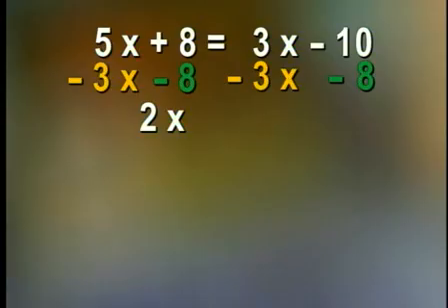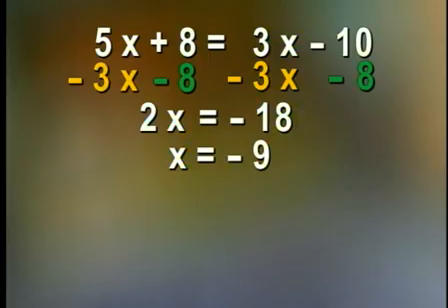Subtracting a positive 8 is the same as adding a negative 8. Negative 10 plus a negative 8 is negative 18. So our equation now is simplified to 2x equals negative 18. We have to divide by 2. Since we multiplied the x by 2, we divide by 2 on both sides, and we get x equals negative